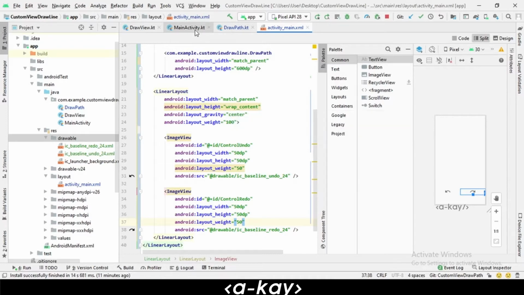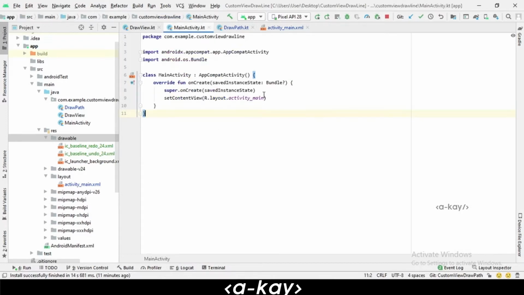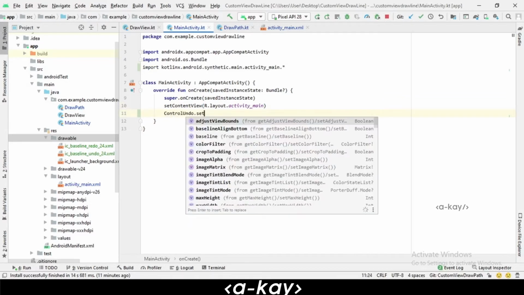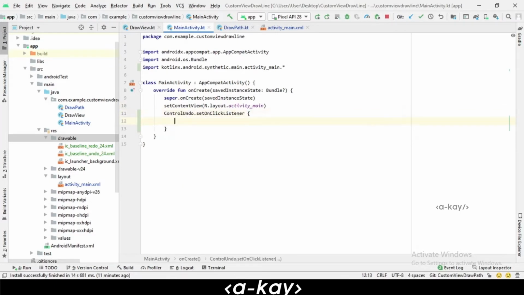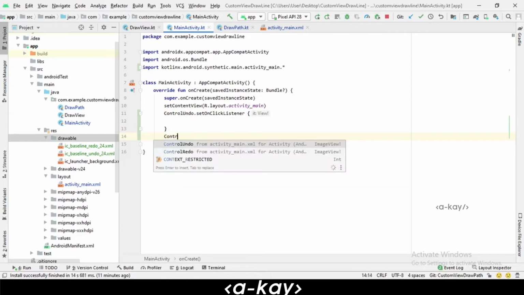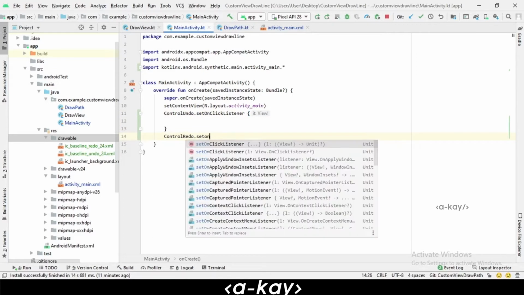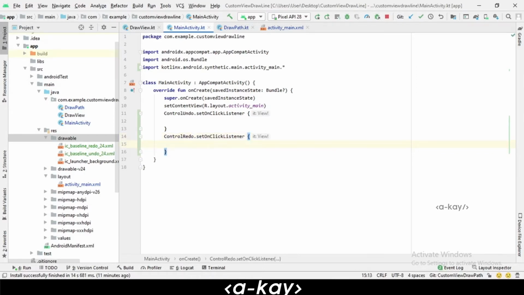Okay, let's implement our main activity. Control undo dot set on click listener, and also for control redo set on click listener.